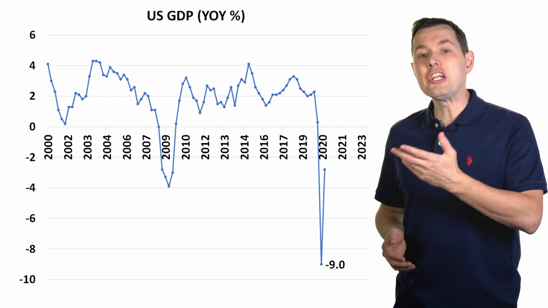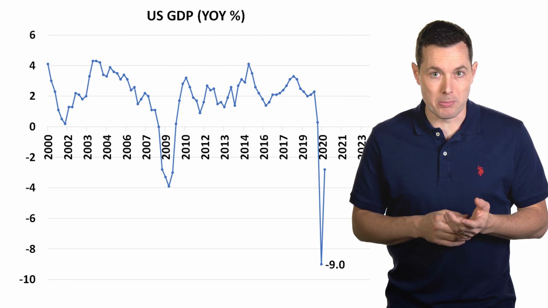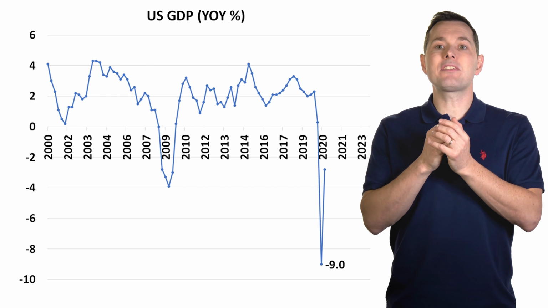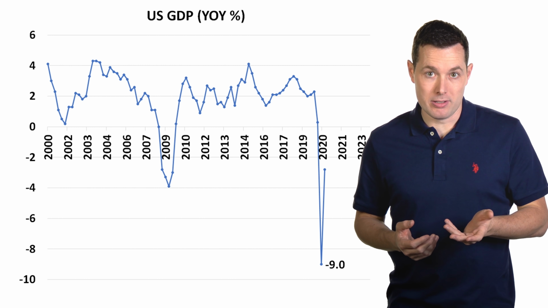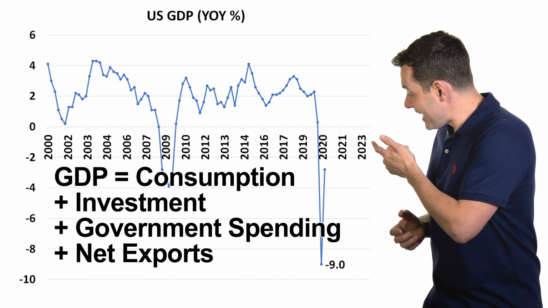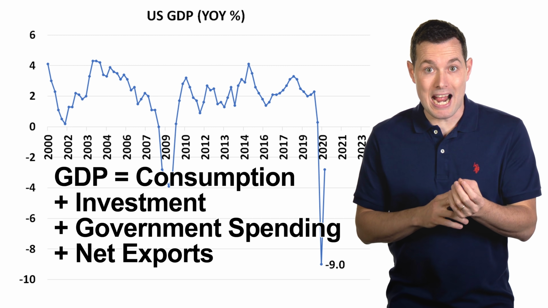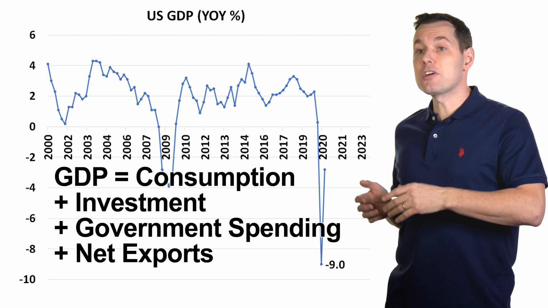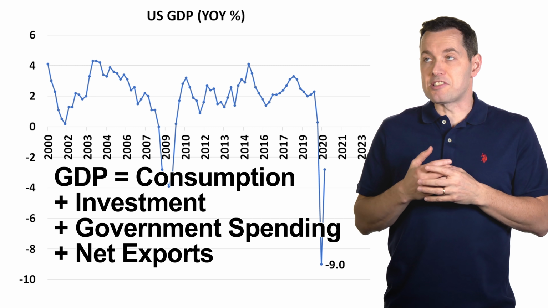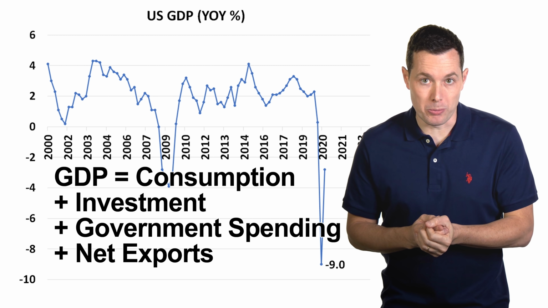Okay, so where is GDP going in 2021, and what impact could this have on the stock market? To project where GDP could go, it's important that we look at the GDP formula. The good news is that each piece of the GDP formula is closely tracked and projected by many, many economists. So we're going to use those projections or forecasts to gauge where the overall economy is going to go in 2021.